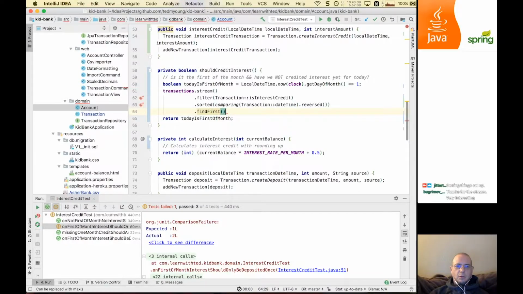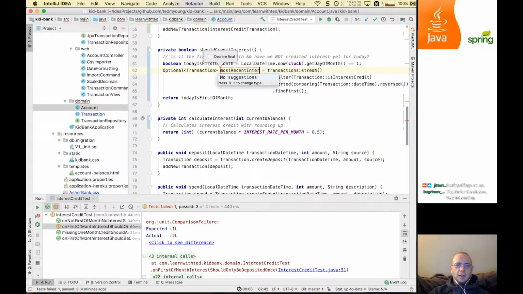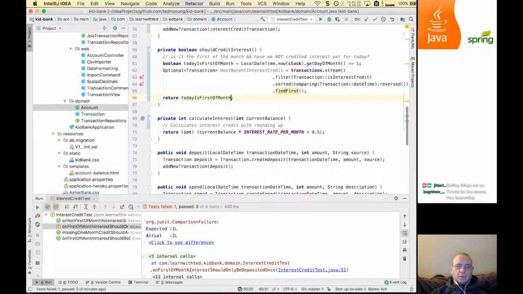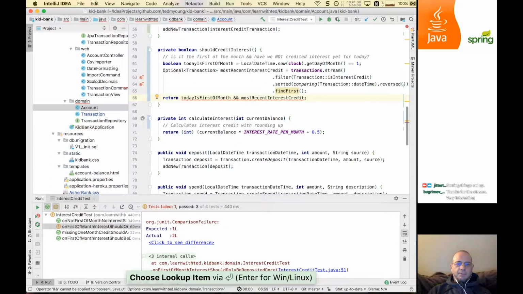Okay, so we'll assign that to a variable. So this is the most recent interest credit. This belongs in a method. Let's use this. So we'll say today is the first of the month, and the most recent interest credit